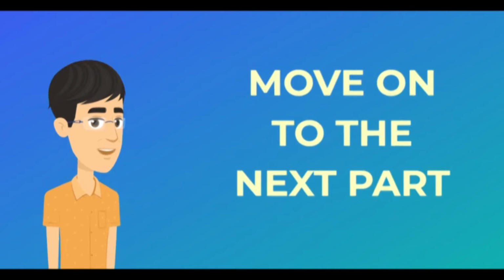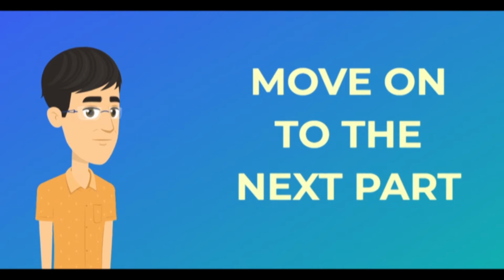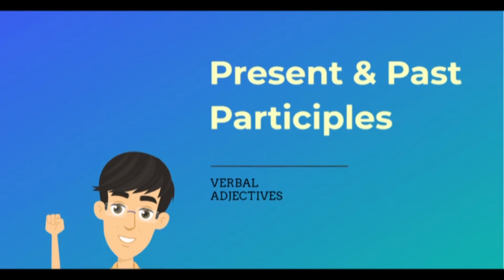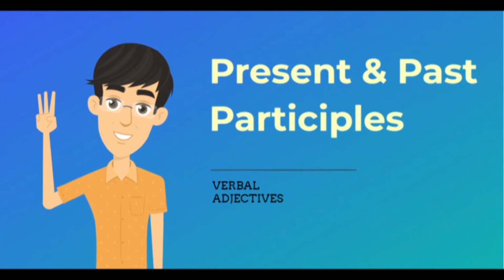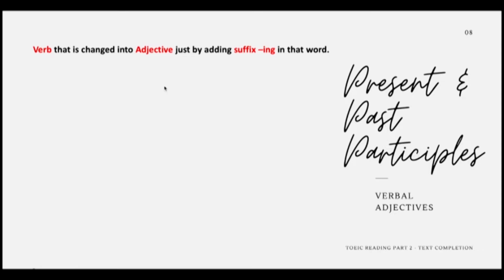Move on to the next part. That is the present and past participles for the verbal adjectives. This is quite hard to handle, so pay attention, really pay attention to this part. So actually, present and past participles are the verb that is changed into adjectives just by adding the suffix ing in